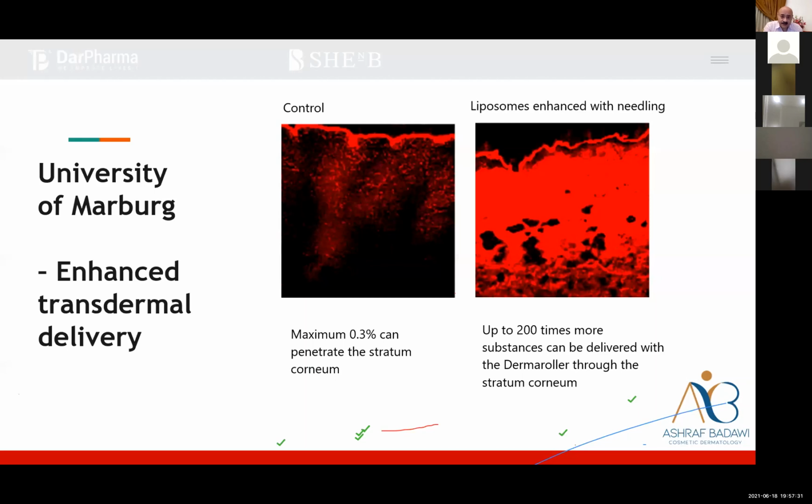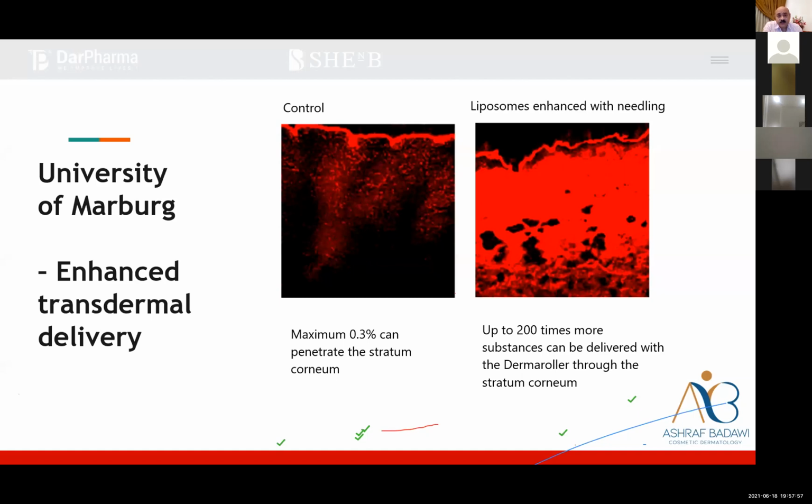They did microneedling on the skin, and they applied the same liposomes, and they found that after the needling, 200 times more substance was delivered to the skin. So this means that whatever we apply on the skin after the microneedling is going to be significantly absorbed. This can be very useful if we are applying the right agents, but also it can be